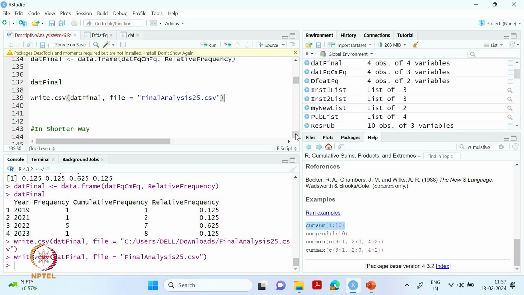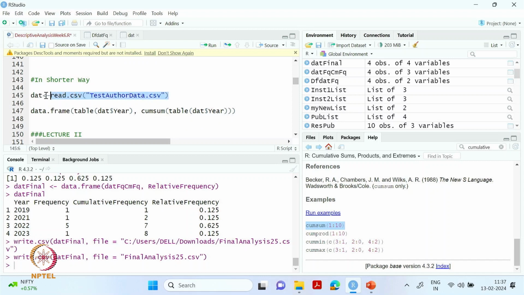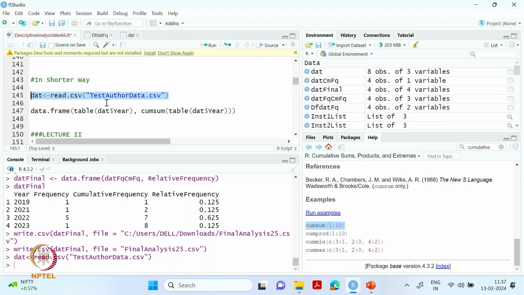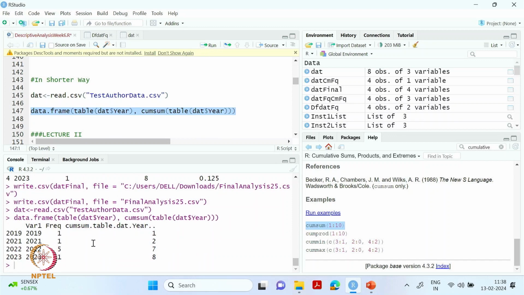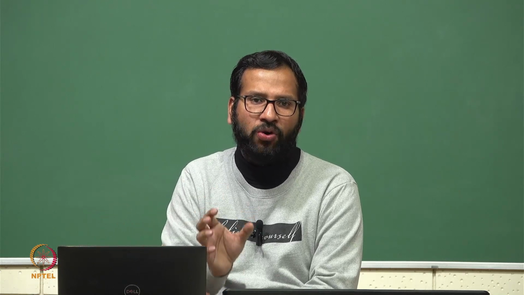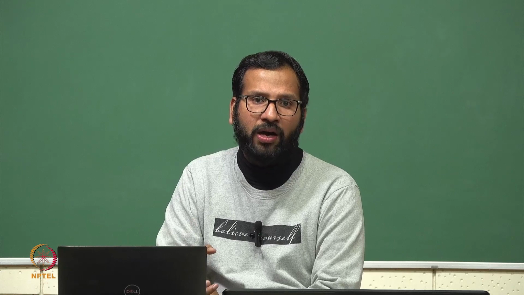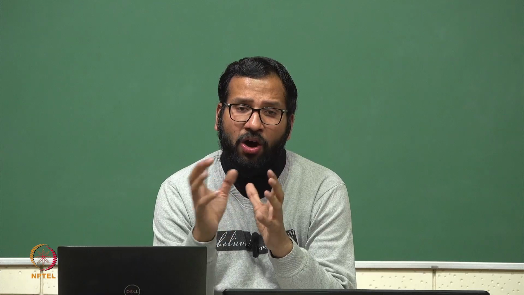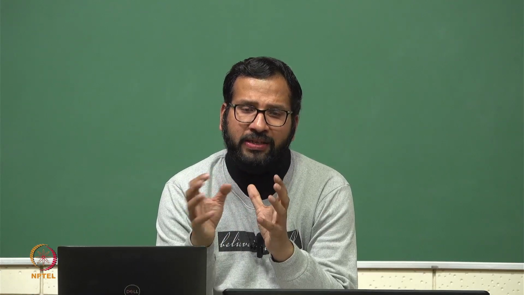So what we have to do is first read the data. So I'm reading it again, and now I am just tabling the year and then the cumulative sum. Okay, here we have to do some modification also, like deleting some of these columns, but in a shorter way, in just two commands, we got the frequency and the cumulative frequency analysis. So this is how you can do the frequency, cumulative frequency and relative frequency analysis